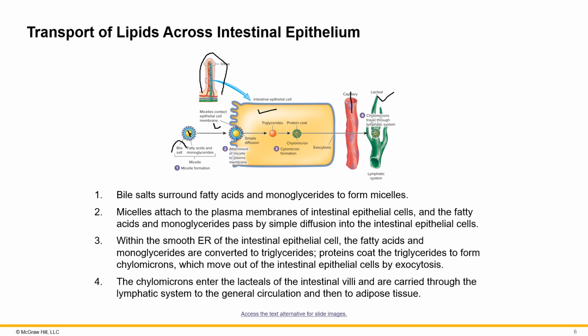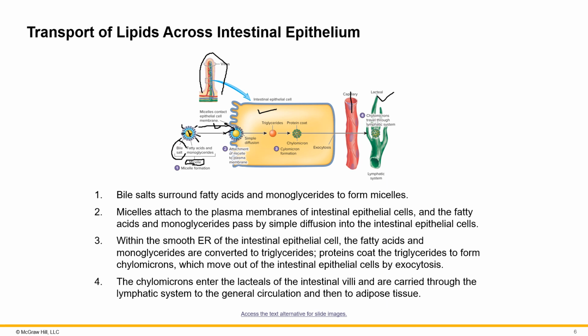is coated by bile salts. So these spike-like structures that you see coating your lipid droplet here is bile salt. So a small lipid droplet that is coated by bile salts is called a micelle. So micelles are basically endocytosed